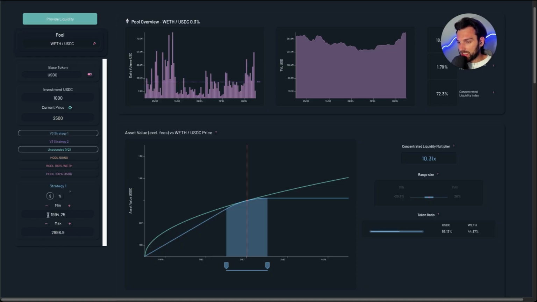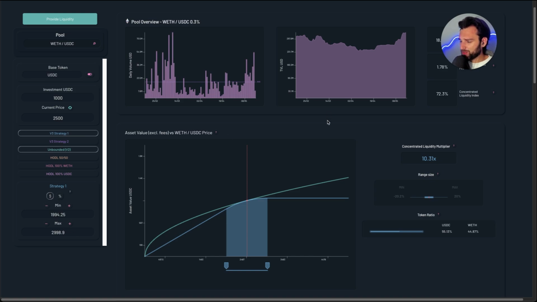A little caveat here. I know it's not exactly 2,000 or 3,000. It is because liquidity pools work with ticks. And so it is with brackets, you cannot have an exact dollar amount. So we always need to take the closest dollar amount that we can find. So this is 1,994 or 2,006. The tick of $2,000 per ETH does not exist, so it's in brackets. So don't worry, don't panic if it always jumps and you think, oh, I made a mistake. You didn't, it's just the algorithm that cannot give you the exact dollar amount. Okay, so we take the closest one. So the closest one is 1,994, and for the max range, the closest one is